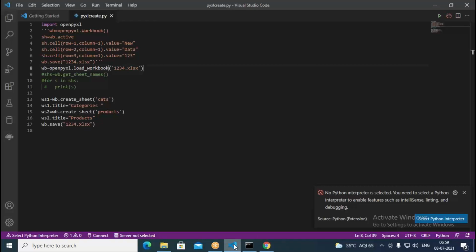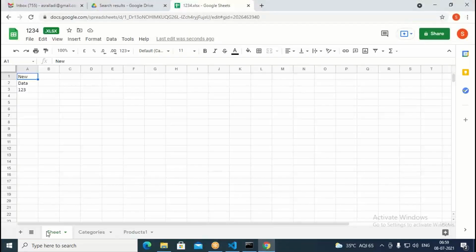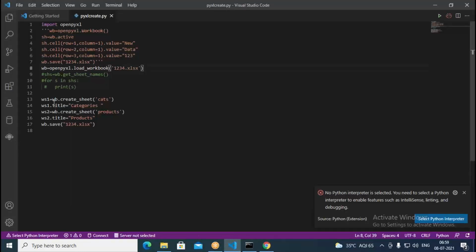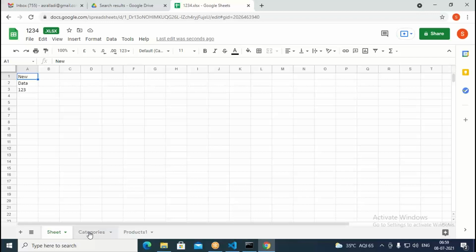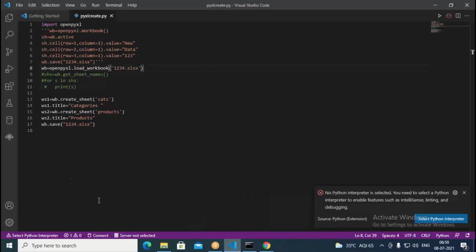Okay. So using this piece of code, already we had an existing sheet here. Sheet already created. We added further 2 sheets now. So 2 sheets are nothing but here ws1 wb.create_sheet cats, and its title is what here? Categories. The sheet name is nothing but here title. So when you don't have any title, automatically whatever sheet object is there, that name comes here. But when you put title, the title can be seen here. Same thing we are doing in this. Okay, so ws1.title categories.